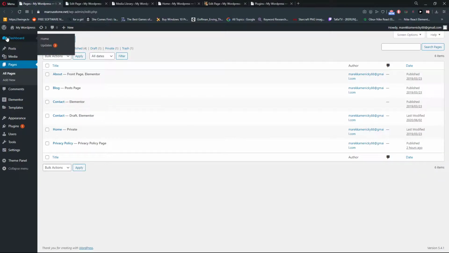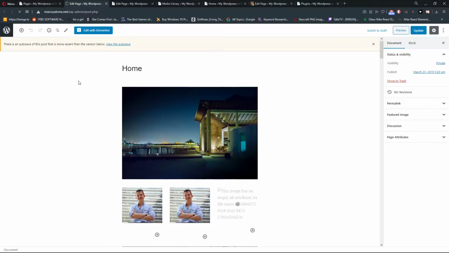So let's start. The first thing you want to do is just be in your WordPress pages and click the page that you want to edit. For example, home. Right, when you're here,